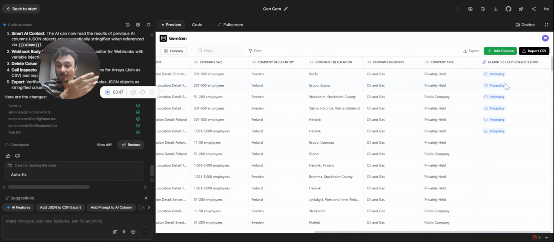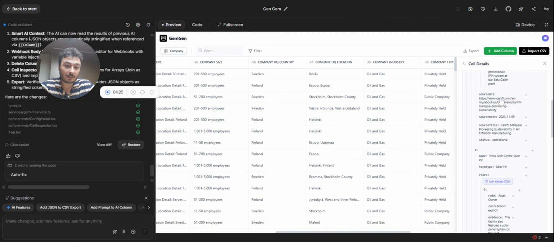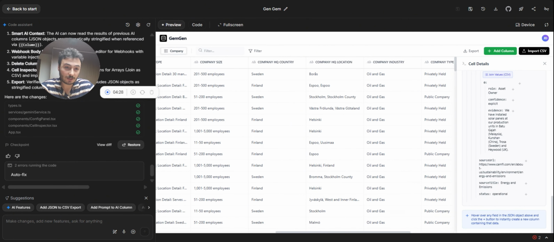And then I don't really want to replace Clay, but for things like this where it's very expensive to run within Clay, they don't even have the features. It's mind blowing what you can build so fast with these tools. And because AI Studio is native, like Gemini is from the Google ecosystem, then this is built in a way that it's going to wait as long as it needs to get the results, and it's already using the Gemini 3.0 model. So I got my results here,